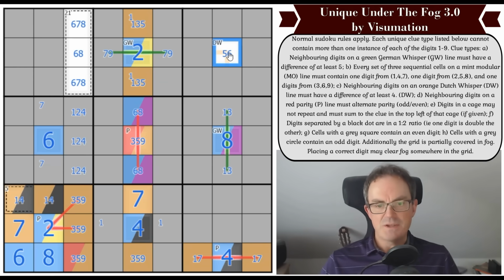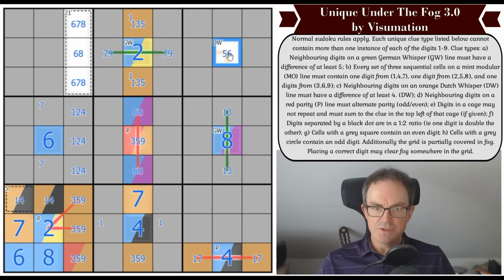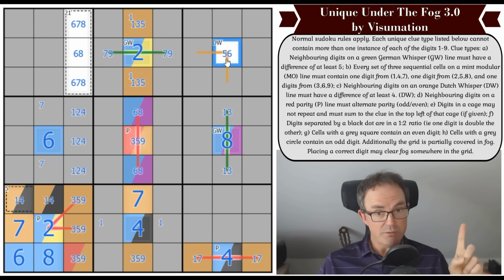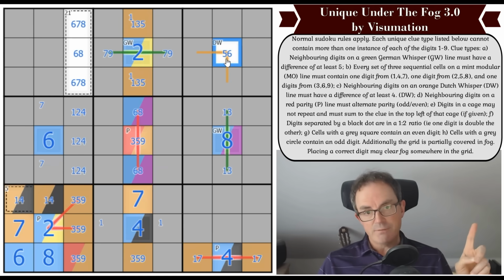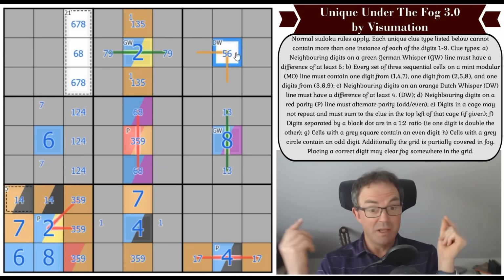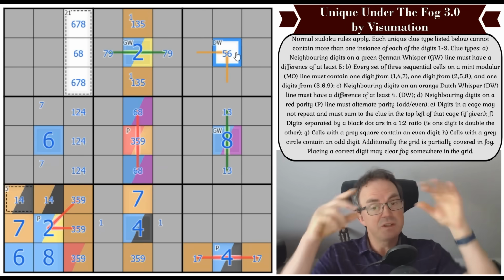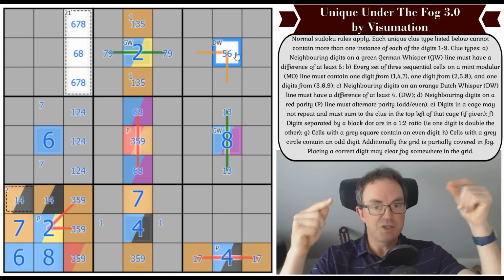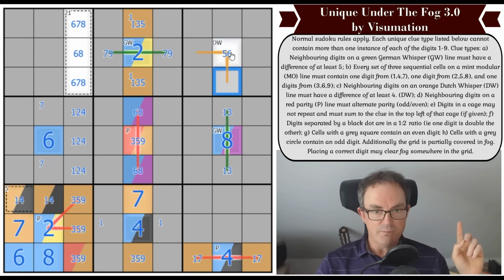Okay, let's see. So this digit is on a Dutch Whisper, and the Dutch Whisper is going wandering, isn't it? It's going at least to those 2 cells. And actually 5 in the middle of a Dutch Whisper is about the most restricted thing you can have, because the digits on either side of it are going to have to be 4 away from 5, and the only qualifying digits are 1 and 9. So if this is a 5, this has to be a 1 because of the 1-3 pair here, and this is going to have to be a 9,